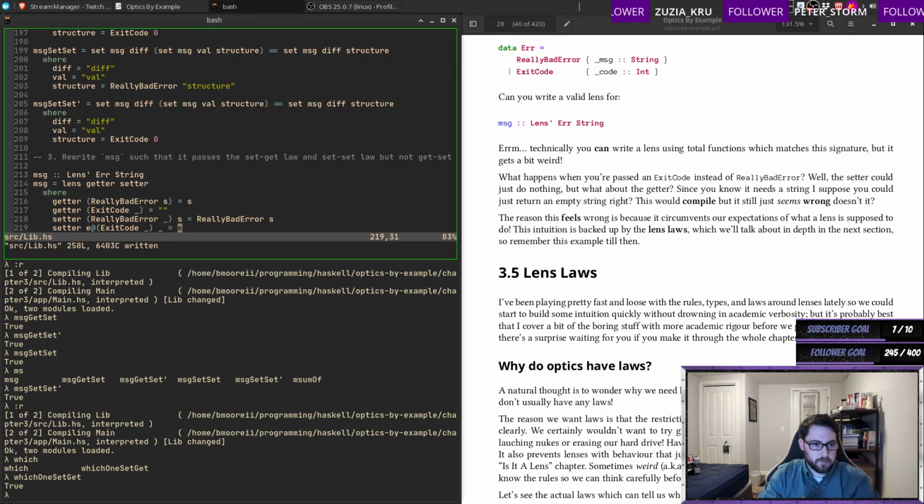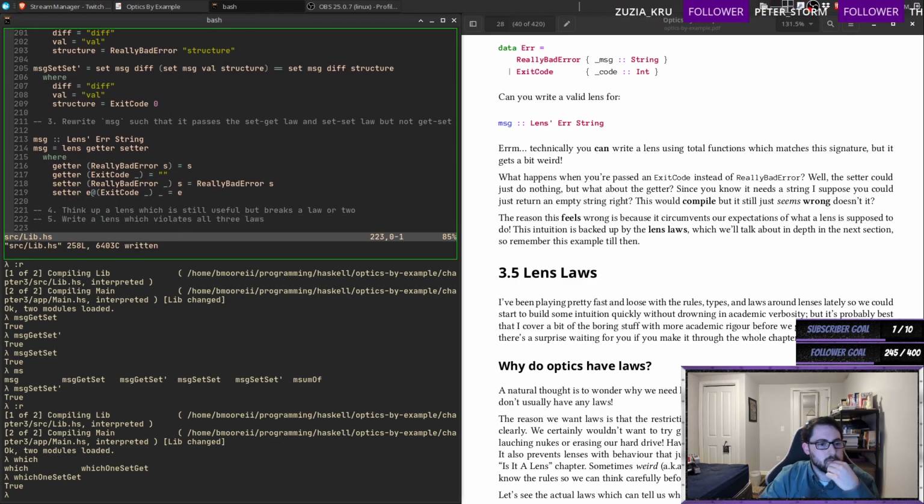That should compile. So if we get a really bad error, change it. But if we get an exit code, just don't ignore it. Something like this. So now, let's see. So we need to write